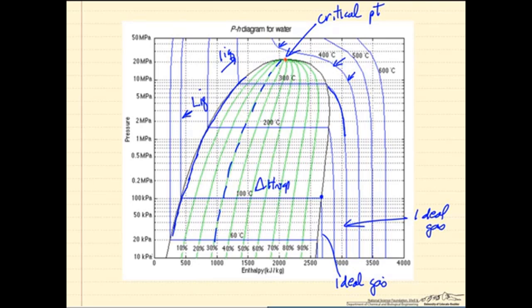In contrast, if I look at the saturated vapor line, this line over here, saturated vapor, notice that the enthalpy is almost independent of pressure, even though the temperature is changing. So we're changing the temperature. We go from 100 to 200 C. And of course, if we went from 100 to 200 C at constant pressure, there'd clearly be a change in enthalpy that would be significant. But going from 100 to 200 C while increasing the pressure, we see almost no change in enthalpy. So very slight dependence when we have both pressure and temperature changing for saturated vapor.